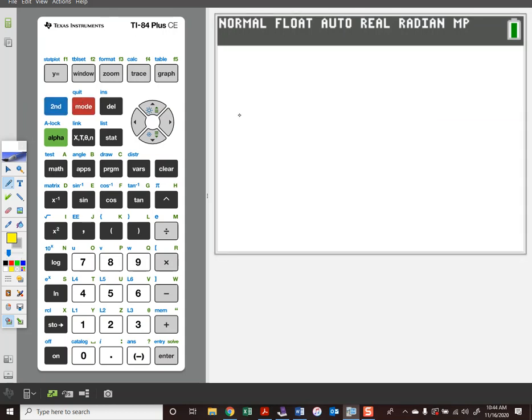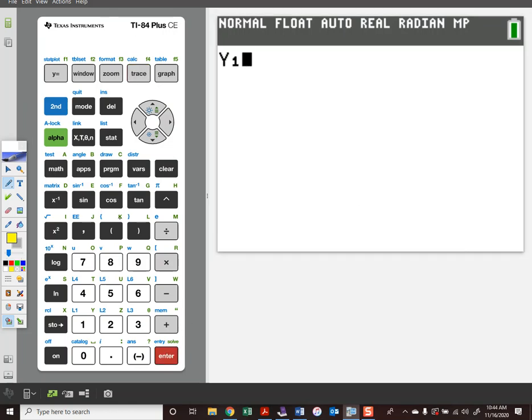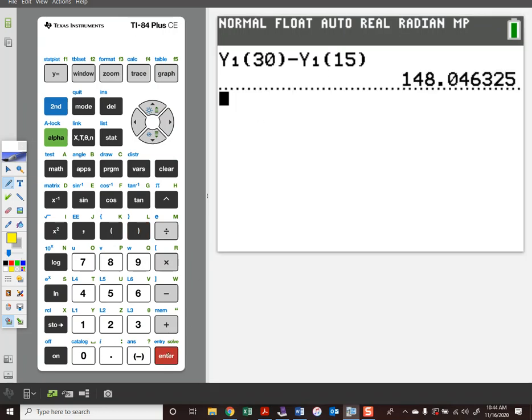The simplest way is to use your alpha key with the trace key and bring up the list of equation labels, and we're using y1. So just like entering function notation, we want y1 of 30 minus, and then alpha trace y1 of 15. This will just give us the difference of those. That's going to be the rise in our slope. I got